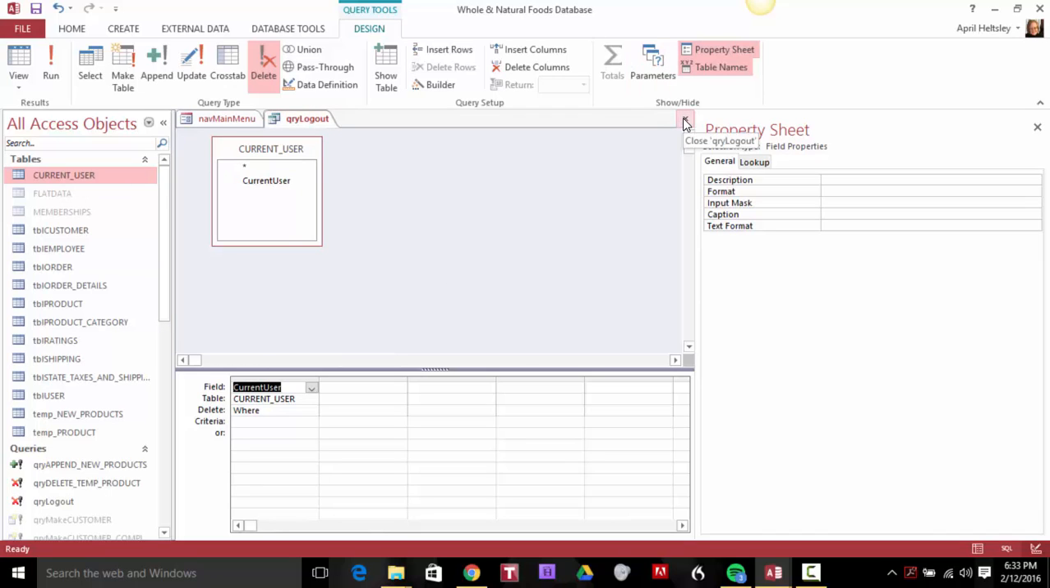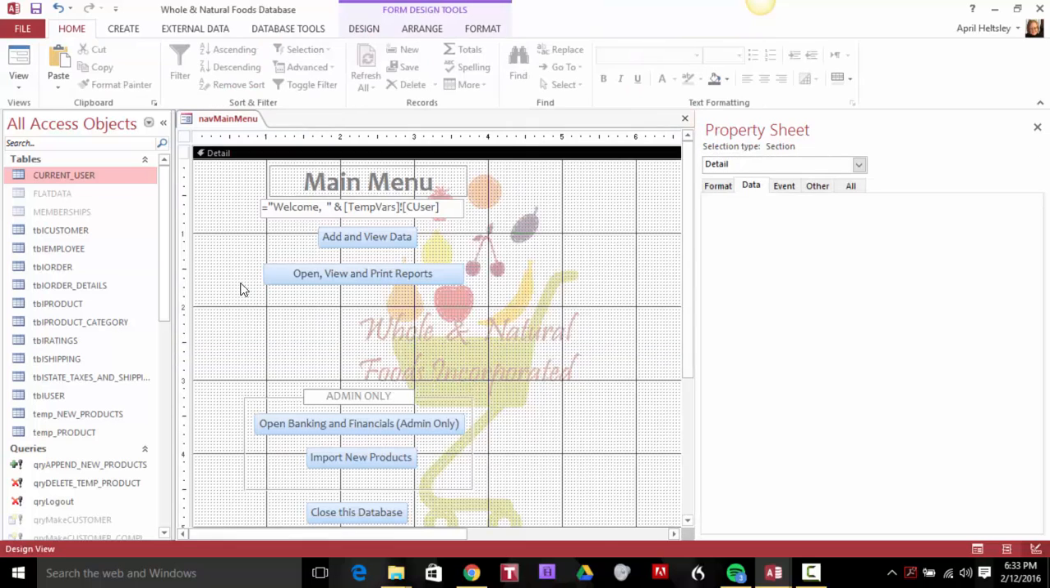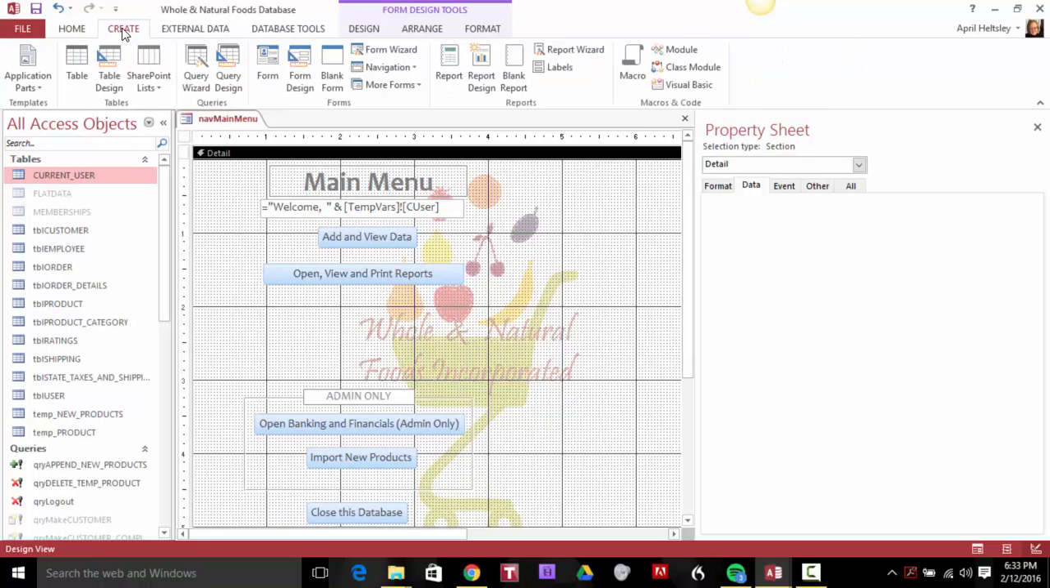Now, running the query should basically log someone out. In other words, they're no longer in the database and things shouldn't be able to work for them. So what we want to do is actually create a macro, and we're going to use that macro to allow a user to log him or herself out. And we're going to put that on the main form. So let's go to create macro